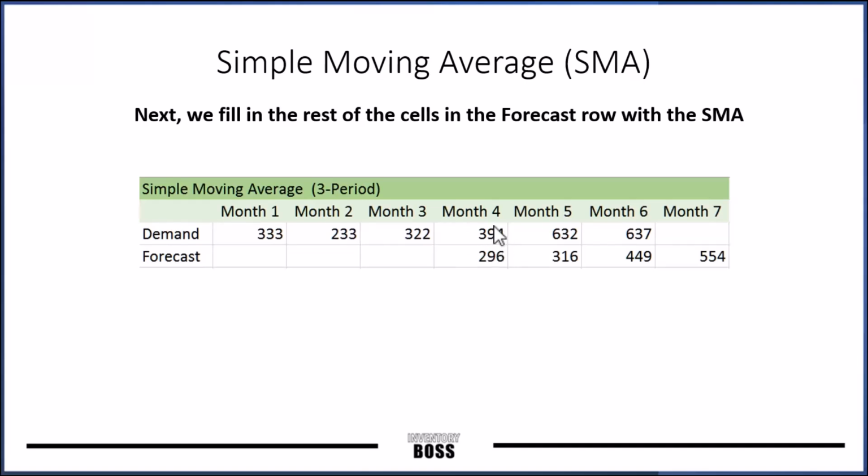And then when we've advanced 1 month, we get the new sales information from the prior month. We drop off one of the months and then we average these 3 to get this value. When we have this month value coming in, we drop off that one, average these 3, and come up with this value. When month 6 rolls around, and we're cranking here, I mean, look at our sales. They've doubled, right? Then we take this month here, this month, and this month, knock that off, and we average these 3 and come up with this value, forecasting for this period, right?